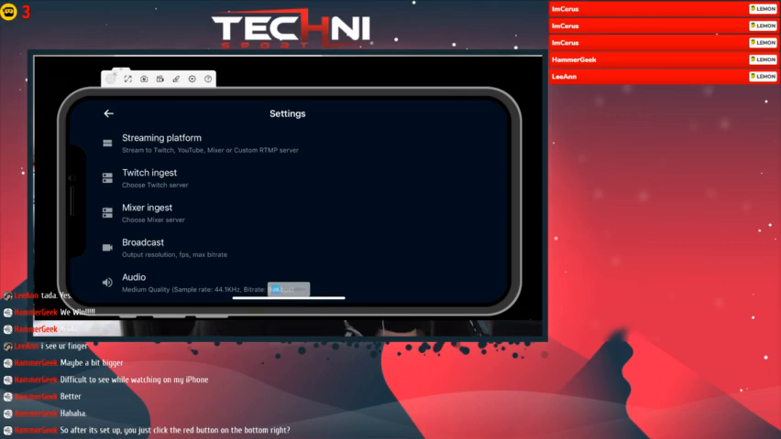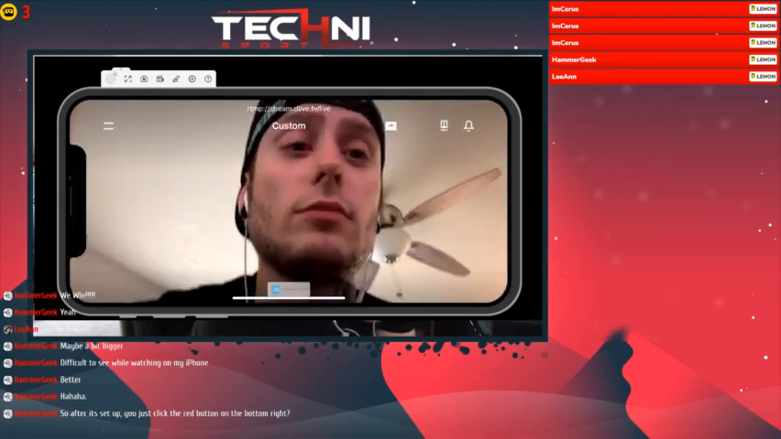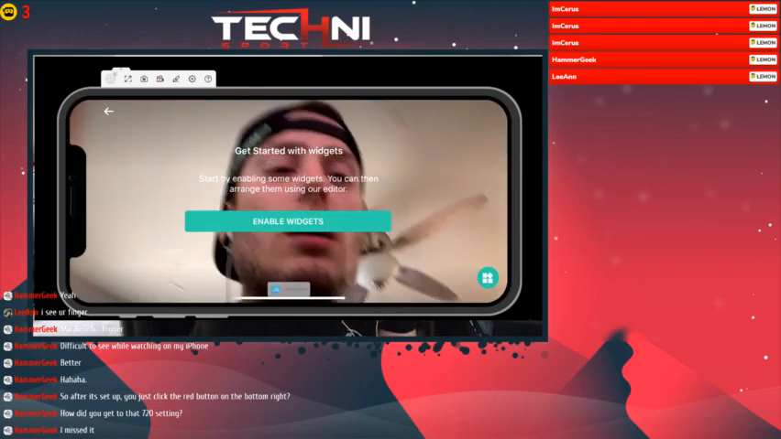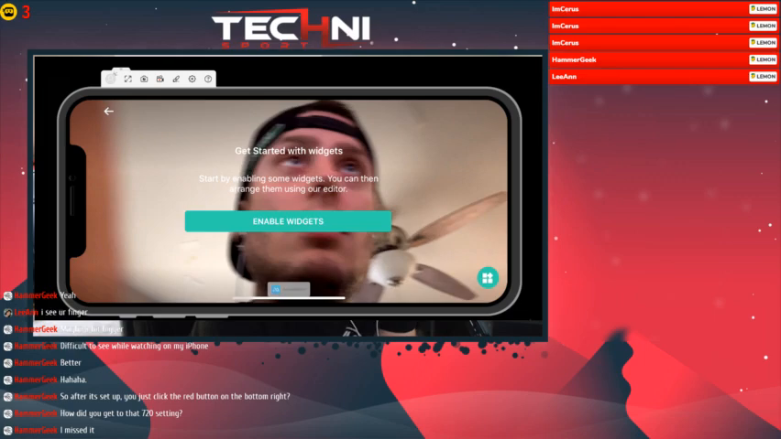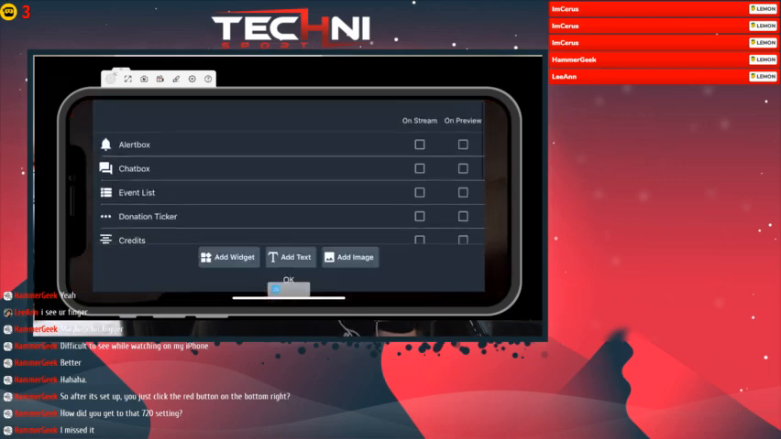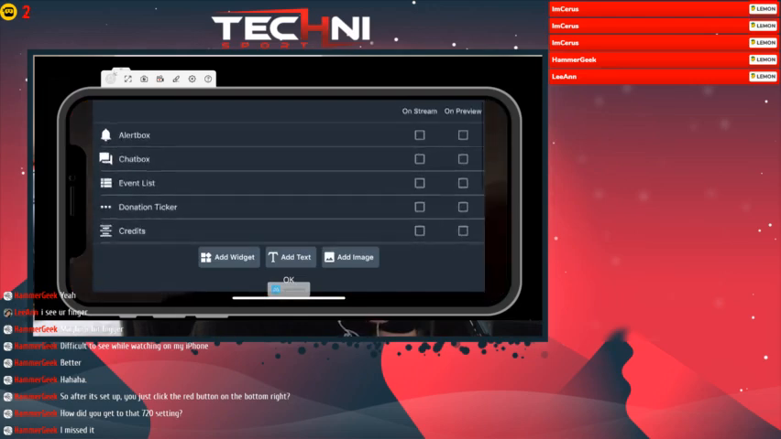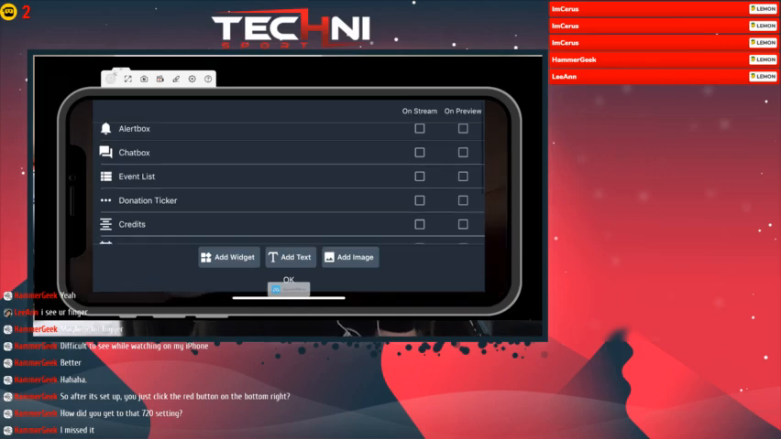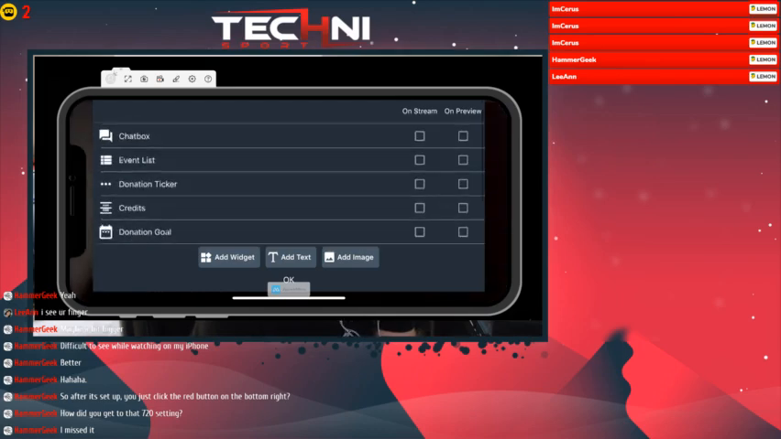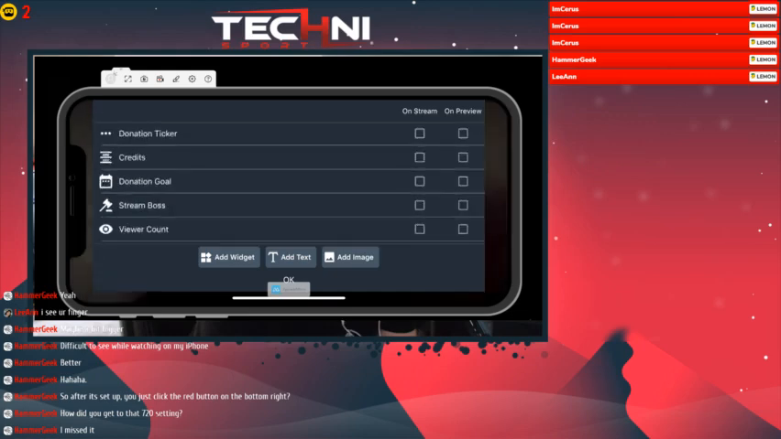There's nothing else. Oh, yes there is. I'm back again. Here's your editor. So enabling widgets, in order to see things on your screen, like you saw chat and all that, all these that you already see, like alert box, chat box, event list, all that is from actual Twitch and Mixer. So you would not use those. You don't want anything to do with those. You're actually going to want to enter